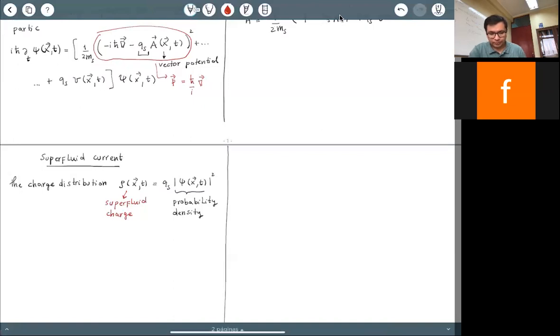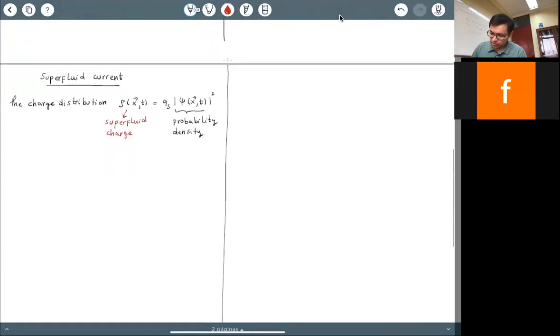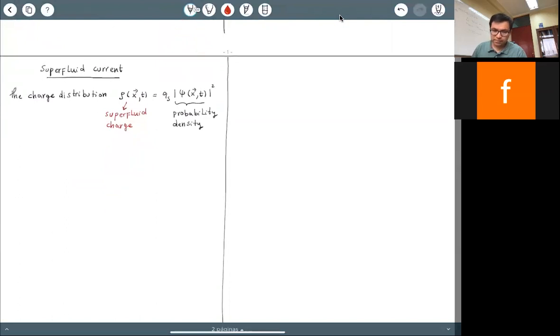And here we apply exactly the same concepts we have in your course of electromagnetism, because if we have some charge distribution,